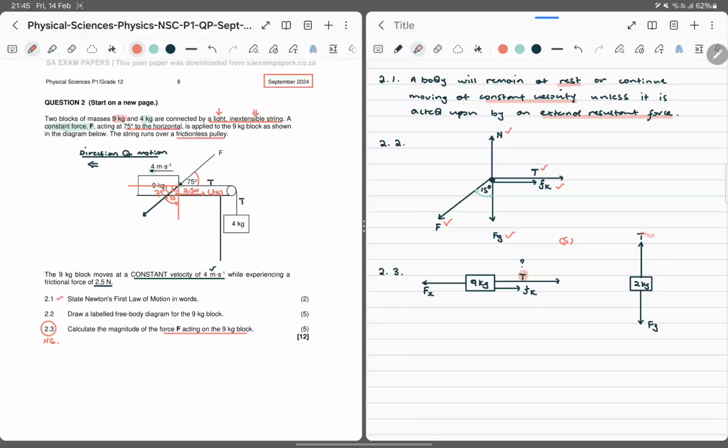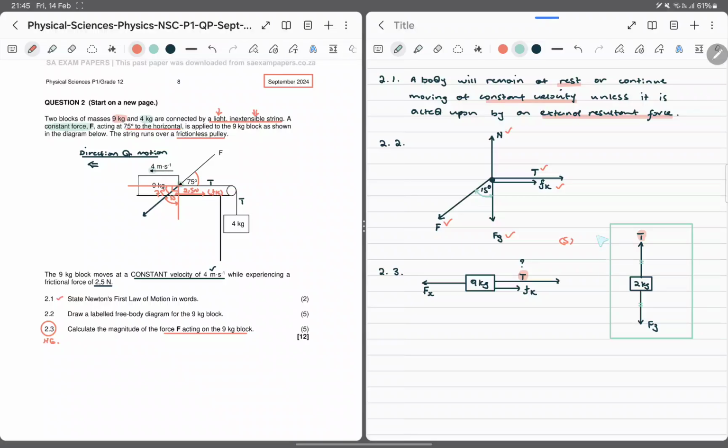And remember, this tension is the same as that. But now this tells us a beautiful piece, that if the 9 kg block moved at constant velocity, the resultant force to it is 0. But can you see there's lots of unequal forces, but all of them added together, they give us 0. But the nice one is this one right here,